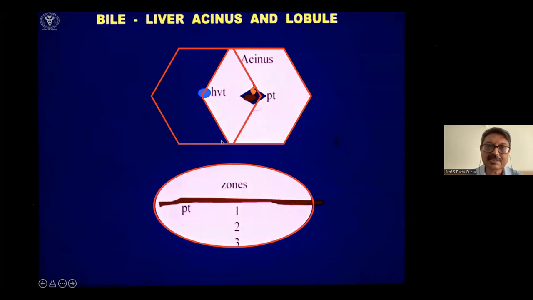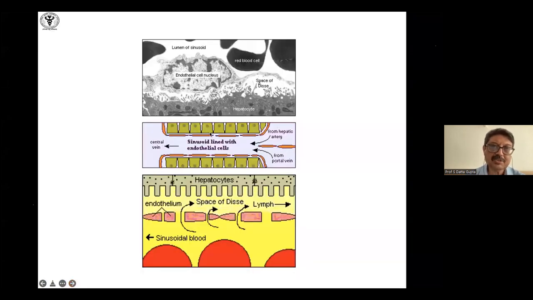Now, if you come to the normal liver, the liver diagrammatically is shown as hexagons. It's not a hexagon. It's almost a continuous tree. And it's peppered with certain areas where you have the tributaries of the terminal hepatic venule and what is called the portal tract or portal triad, right? So we'll go into this.